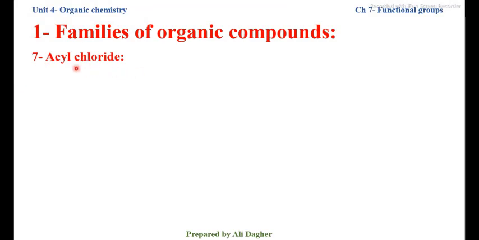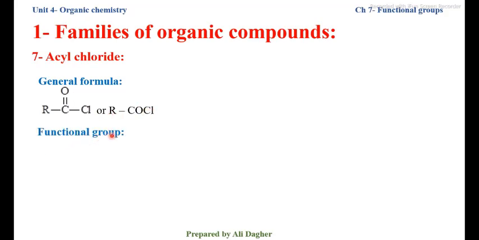Seventh family, acyl chloride, general formula RCOCl. Functional group C double bond O single bond Cl or COCl, which is called acyl chloride group. Example,